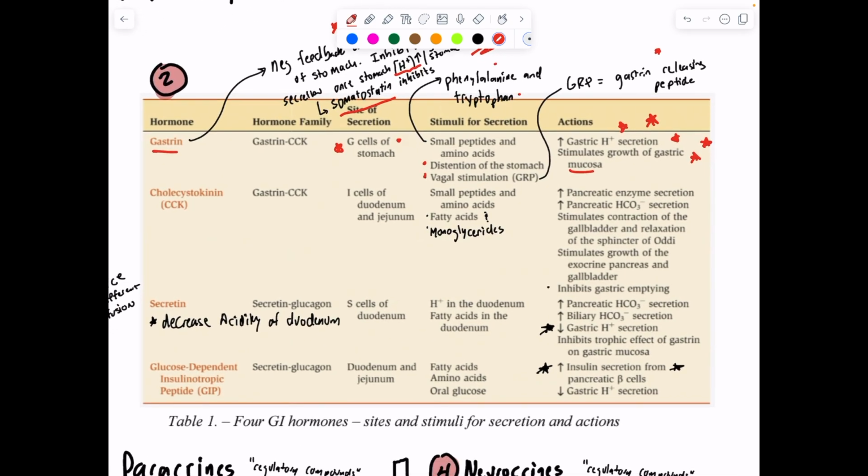Then we have CCK, cholecystokinin. It's released by the I cells of the small intestines, the duodenum, and the jejunum. Very similar to gastrin, right? We have a hormone family of gastrin and CCK, and so the stimuli are going to be similar. Small peptides, amino acids, fatty acids, and then monoglycerides are going to stimulate the release of CCK from the duodenum